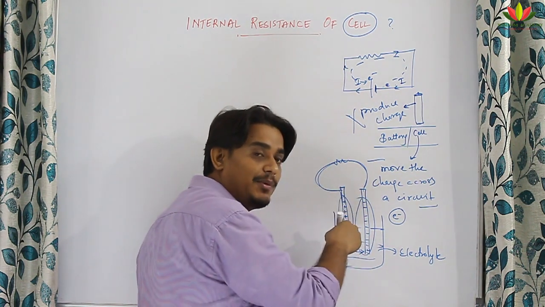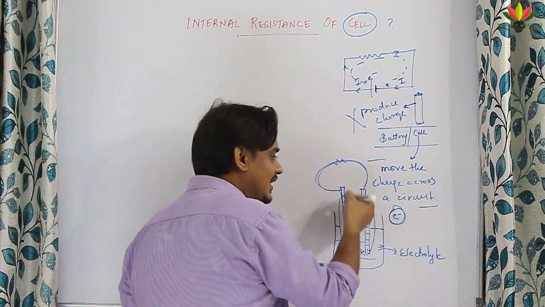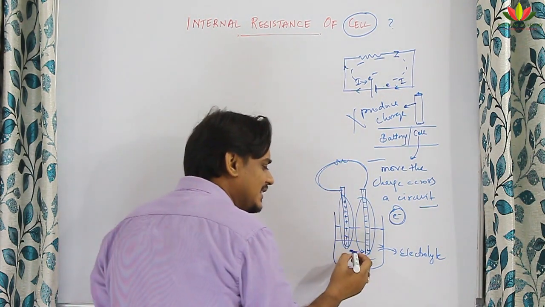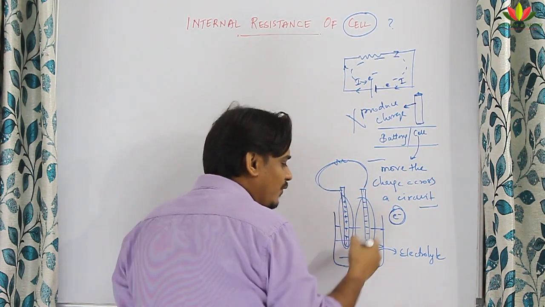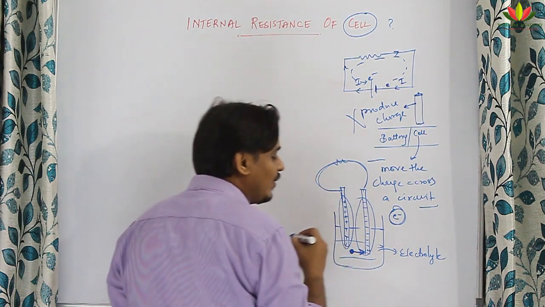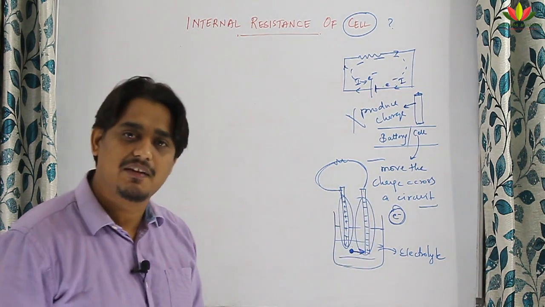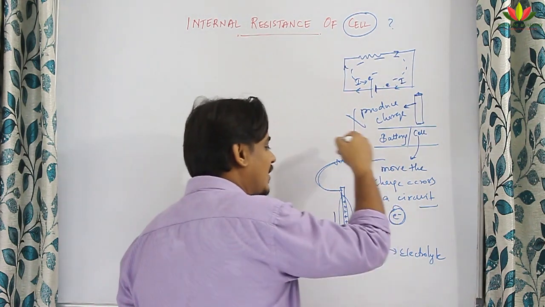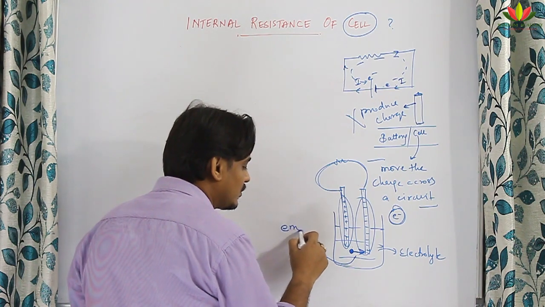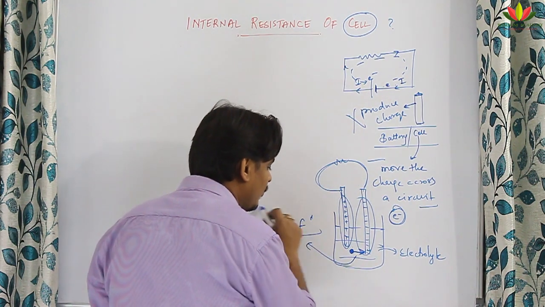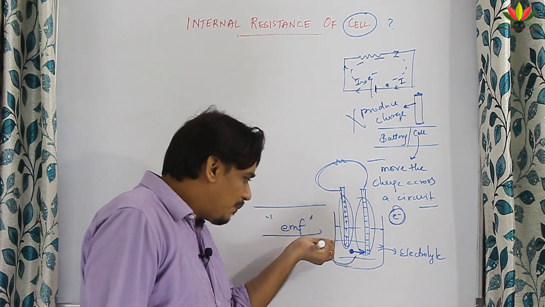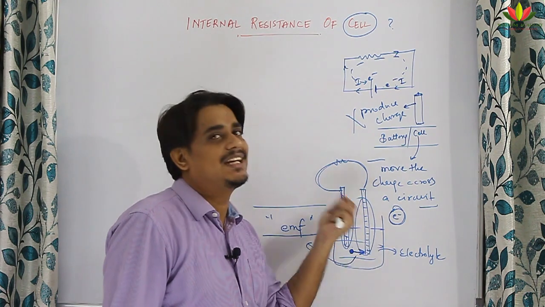But it should stay here, right? Because the electron is negative in nature and this rod is positive in nature, it should stick here, but it won't stick here. Something is there which is taking it out of this electrostatic force of attraction and makes it move and again come to the negative terminal and keeps the circuit complete. This is the electromotive force. I have already seen that. So the electromotive force is responsible for moving the electrons from the positive terminal to the negative terminal.